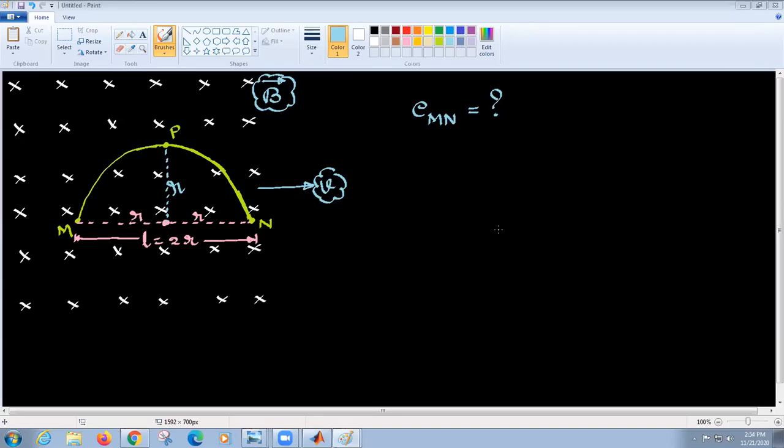Yes sir, if we take M to P and P to N. Very good. Then I can take from M to P, the current moves upwards, sir, from M to P. From P, take the R, the current moves from N to P. So both are in opposite directions at P. So we won't get any EMF. That's how we get 0. Okay, fine. Any other?